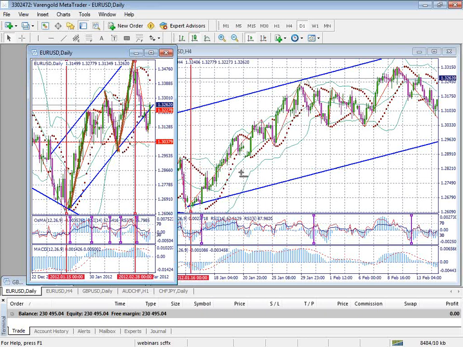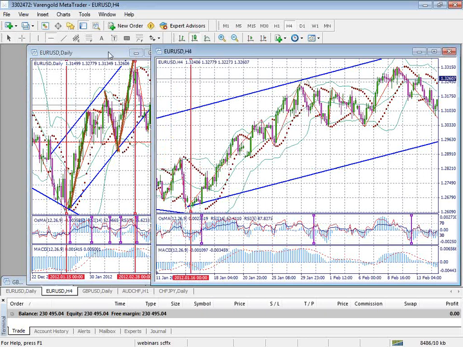Okay, if the signal from RSI and the signal from the other indicators like the oscillator and MACD are not the same, the signal is not so strong. You have to combine all those signals. The best signals are when all indicators are telling the same thing, but it's not happening every day. Okay, so let me continue